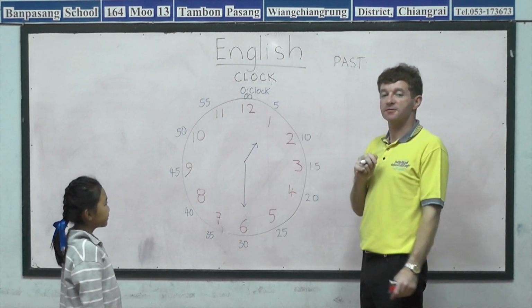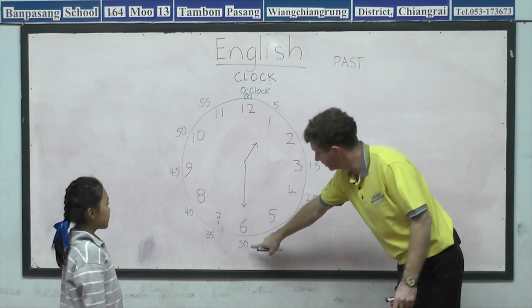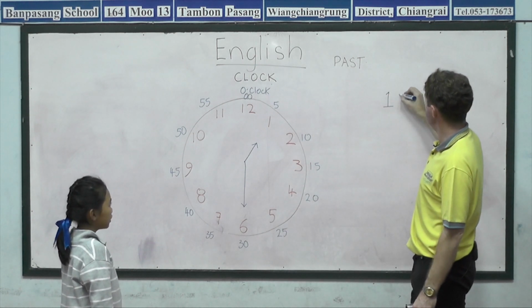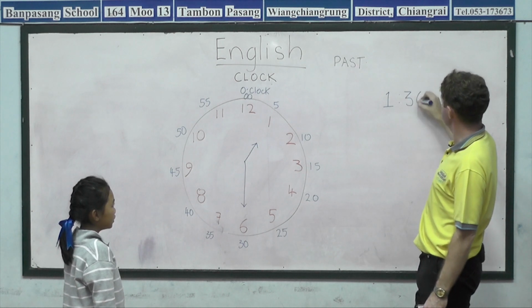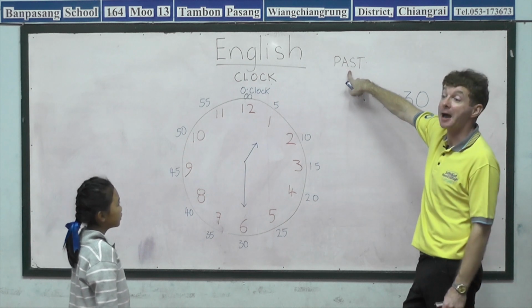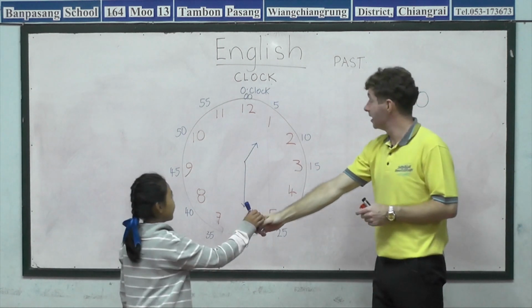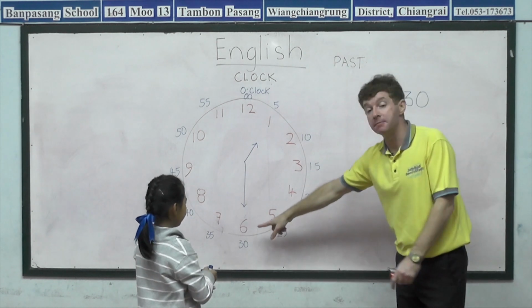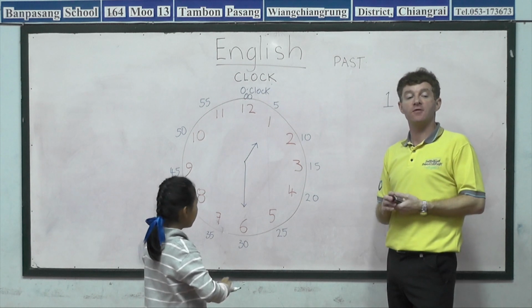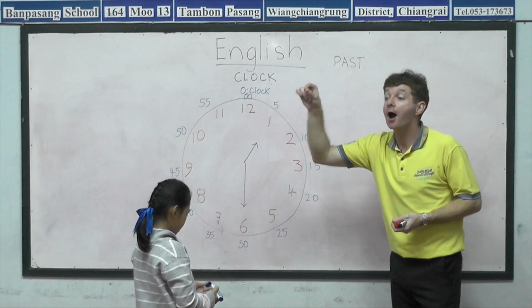So, I will write the time as it appears in digits. It's 1:30. But remember, now we're going to look at doing it past. So Nadia, can you write the time for me? First of all, how many minutes? 30. But what do we say when it's 30? We don't say 30 past. We say